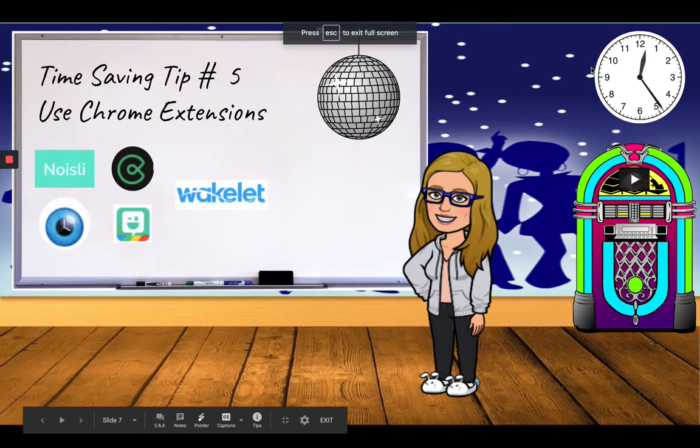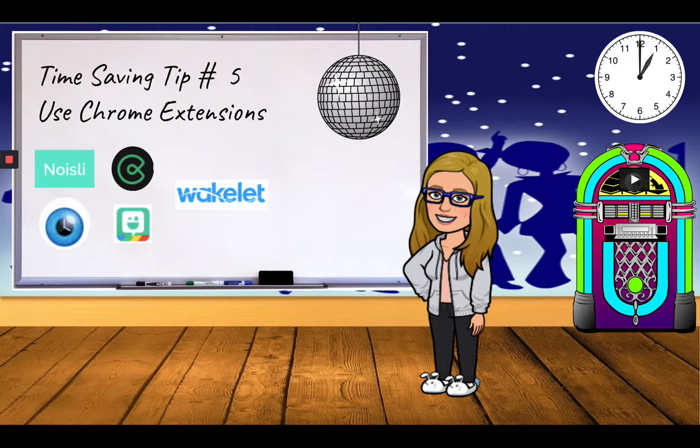There are some great Chrome extensions. Always before you use any Chrome extensions, check with your data privacy officer to see which items are okay for you to use within your school district. But I'm going to show you some of my favorites that I like to use when I was in the